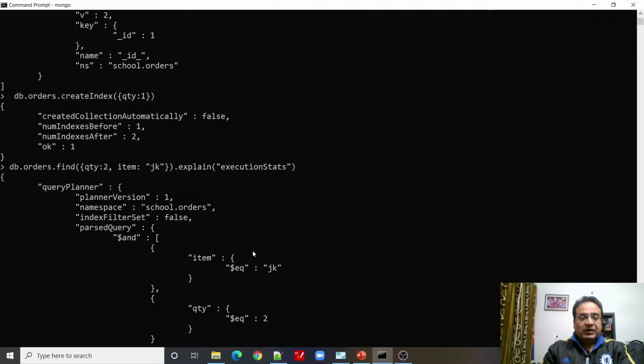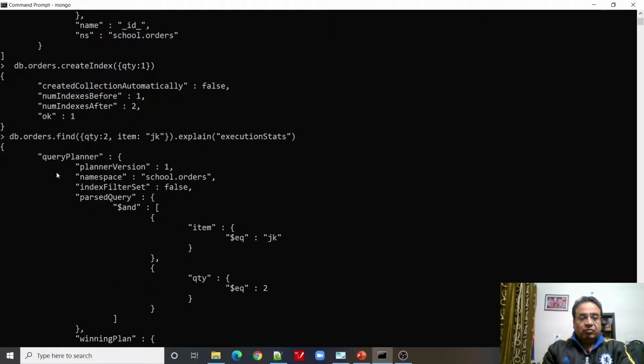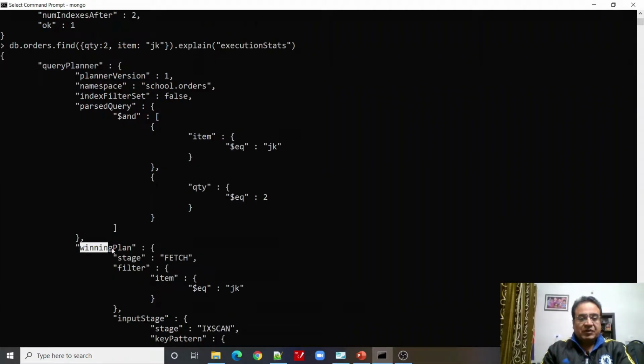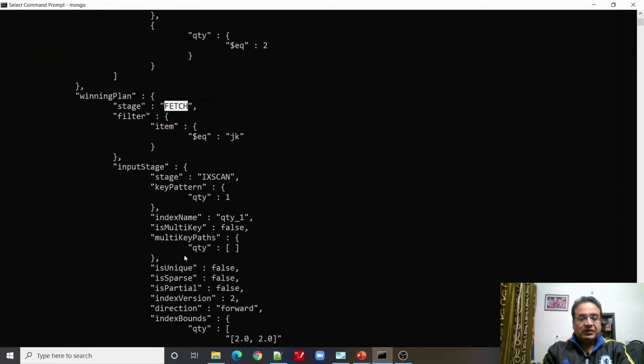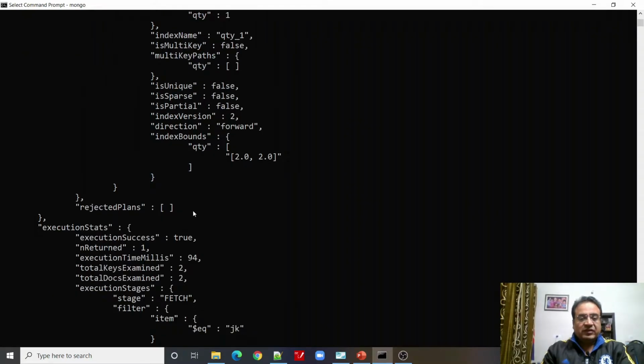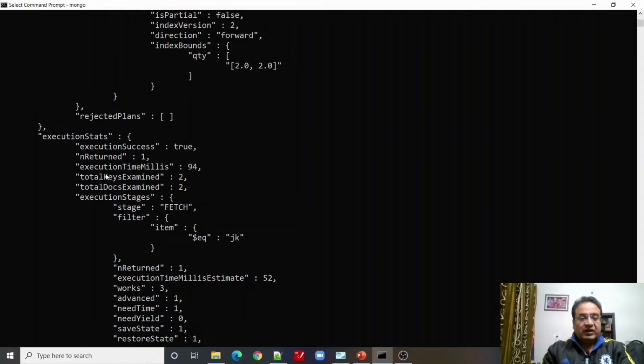Specifically you can look at the query planner, winning plan, fetch, input stage, different scans. Then we can see that total keys examined is 2, total documents examined again 2, and number of returned documents is 1.